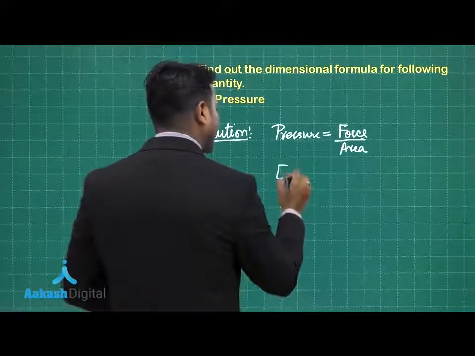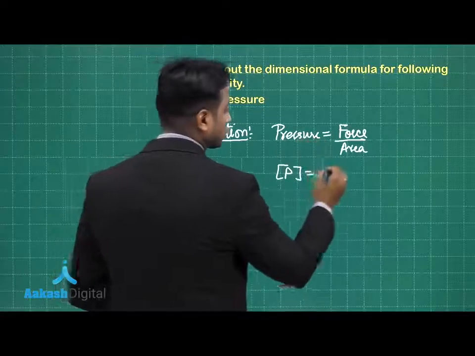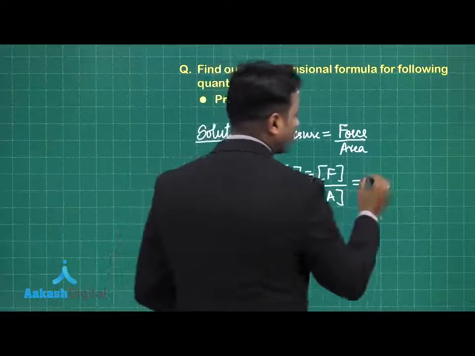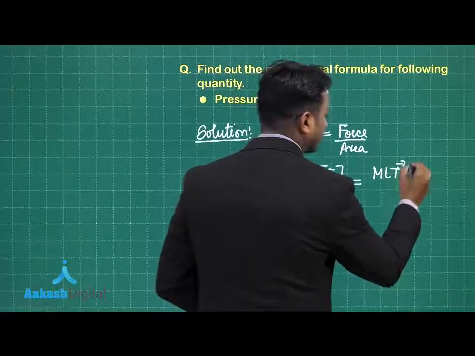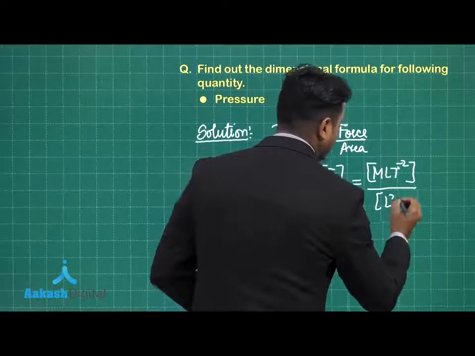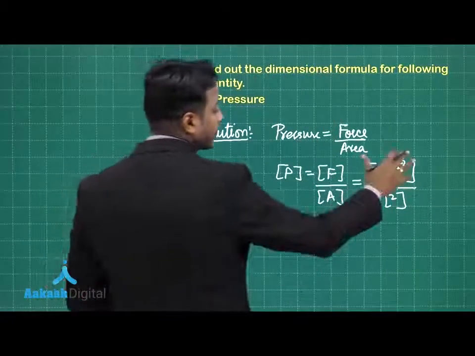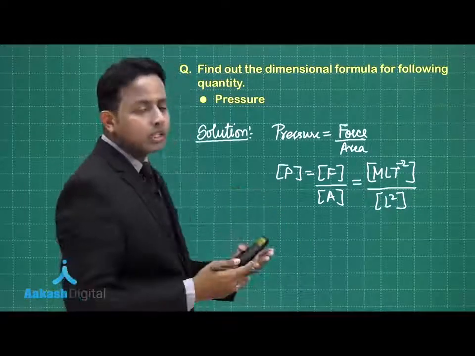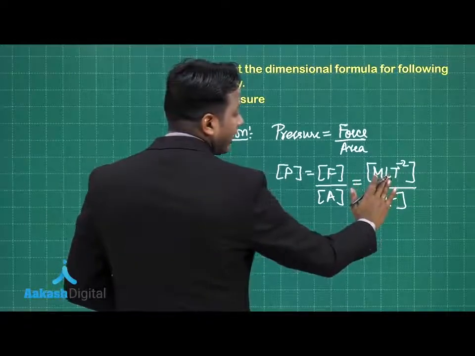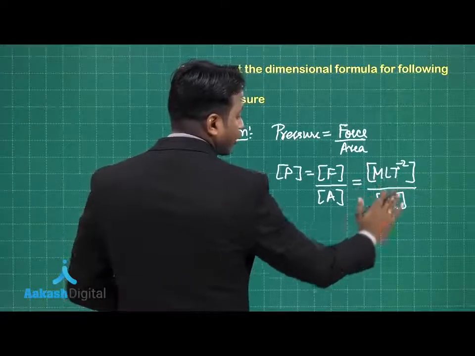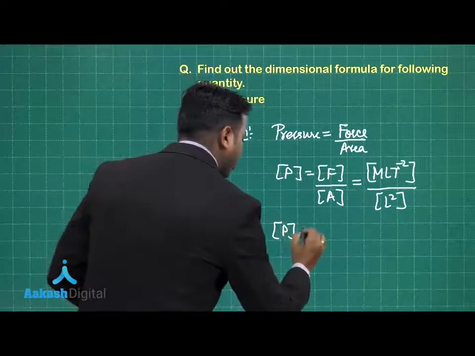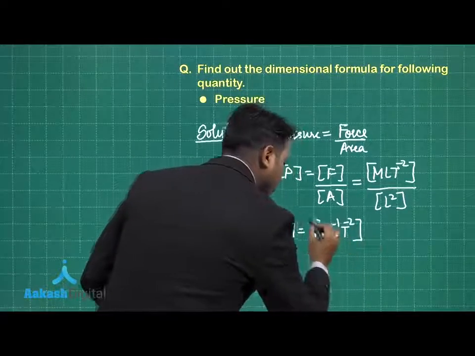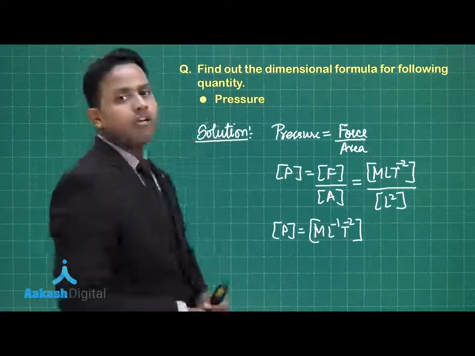Now tell me, the dimension of pressure would be the dimension of force divided by the dimension of area. Now the dimension of force we have just calculated, it is mLT minus 2. So this is L square. Now as I told you, whenever two physical quantities are being labeled as a division or product of two things, dimensions can also be multiplied and divided. So in the numerator I have L and the denominator I have L square. So if I solve it up, dimension of pressure will come out to be mL minus 1 T minus 2. I hope this is very clear to you.